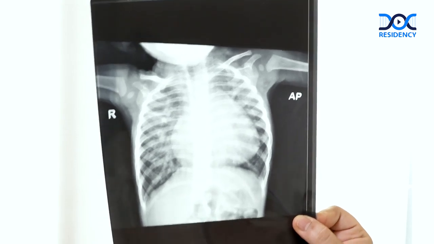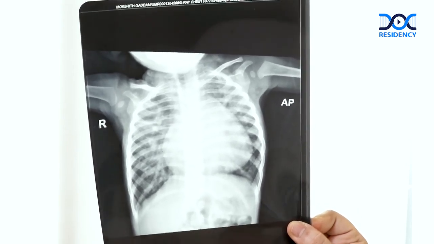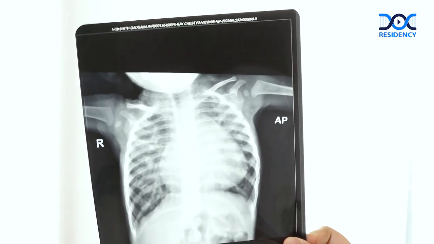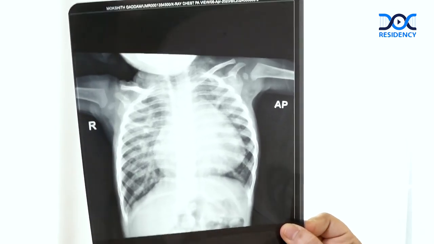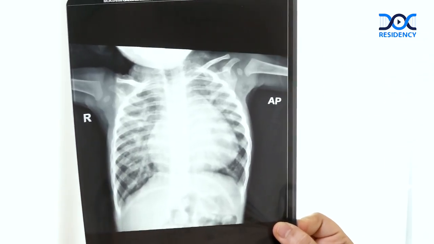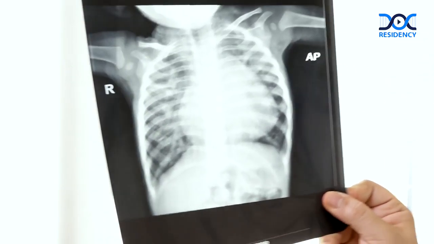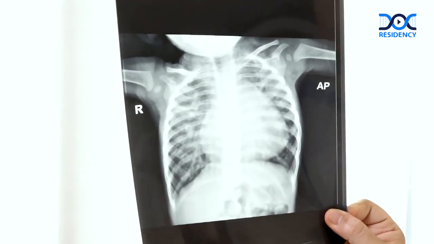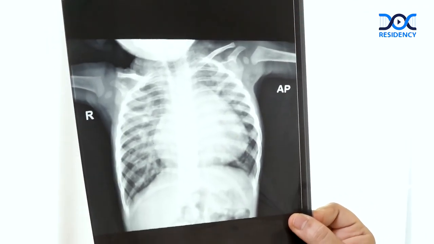In the ASD, blood will come from LA to RA to RV, then pulmonary artery and again LA. Will LA get dilated in ASD? No. Why? Because at the same time it will directly stream to the RA side. It will not stay. So these are the important concepts, because these are the findings you will see on examination